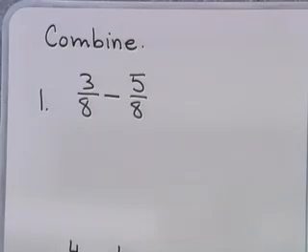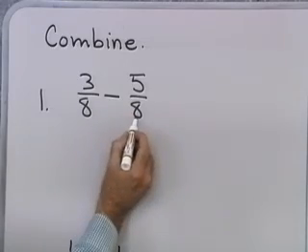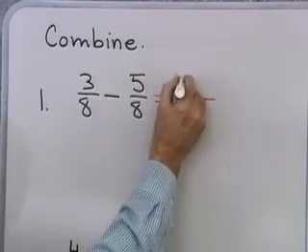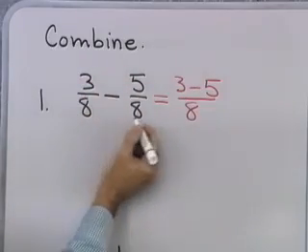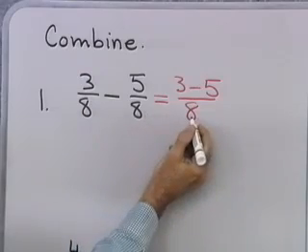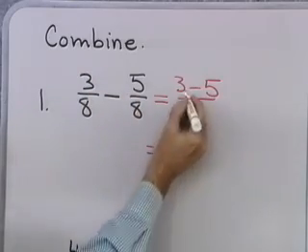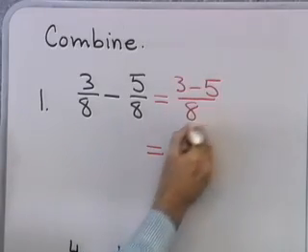3/8 subtract 5/8? Well, I can add or subtract fractions that have the same denominator. So I'm going to write this as 3 subtract 5 over 8. When I add or subtract fractions that have the same denominator, I keep that denominator and simply add or subtract the numerators. Now, 3 plus negative 5, remember I think in terms of addition, 3 plus negative 5 is